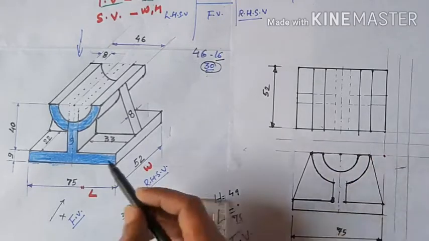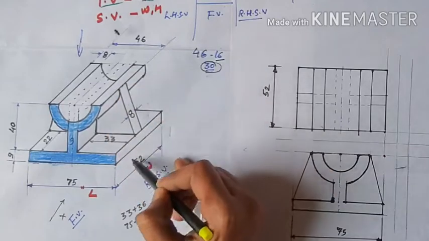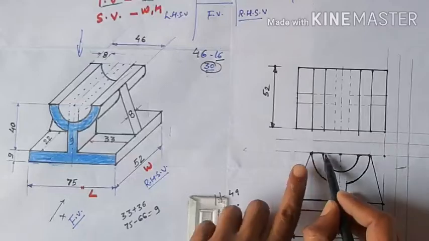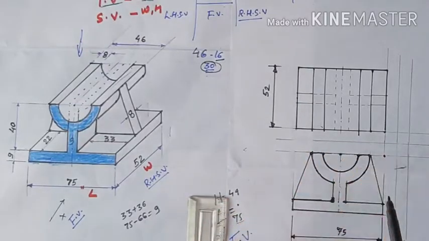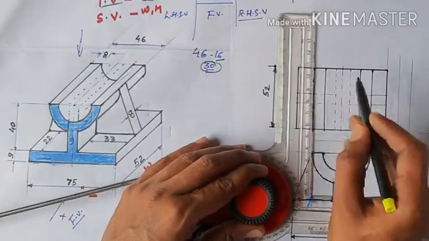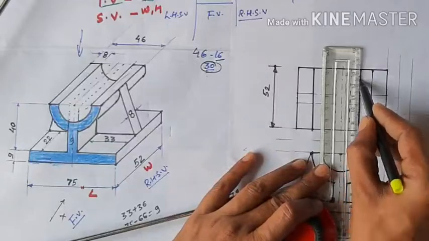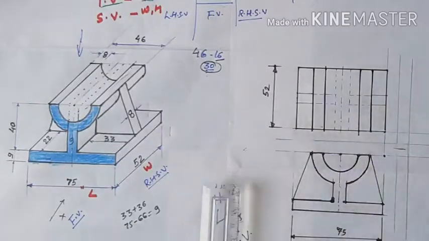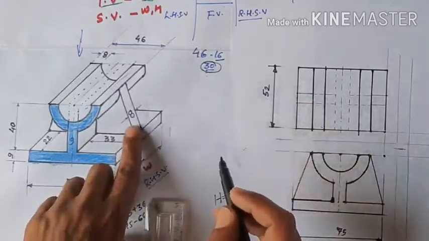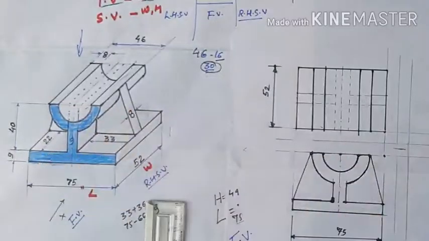Okay, now from here what we see from the top, we clearly see two strips of 8 mm thickness and 52 mm long. The length is 52 mm and the width is 8 mm, drawn. So here this is your 8 mm, this is your 8 mm. Okay, so from this we set it parallel to it and draw a line like this of 8 mm on one side, and from here again we need to draw like this. Okay, now these two small strips are always shown, because this is tilted, this is not straight, this is tilted, so it also appears from here.